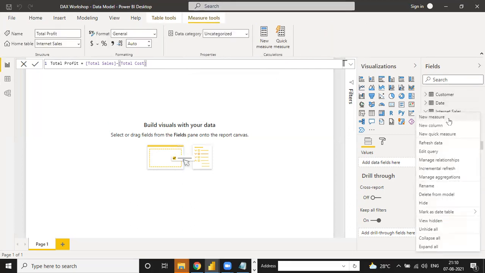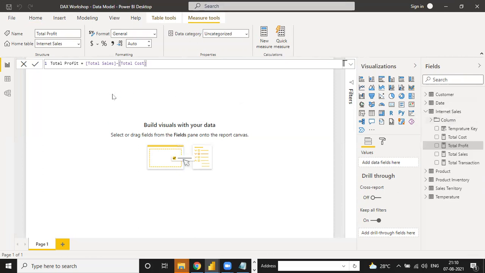So tell me the last one. The last one is for profit margin. How do we calculate the profit margin? If we use the math functions, profit margin is profit divided by sales.